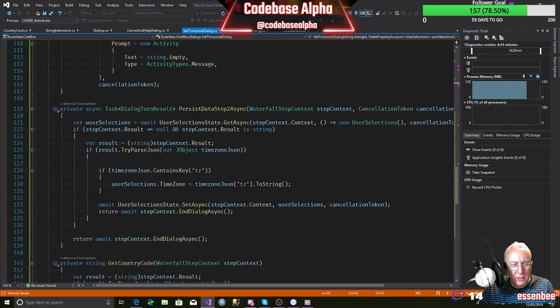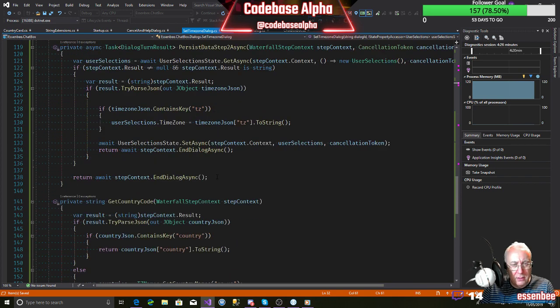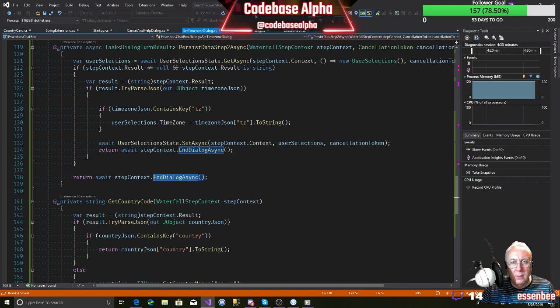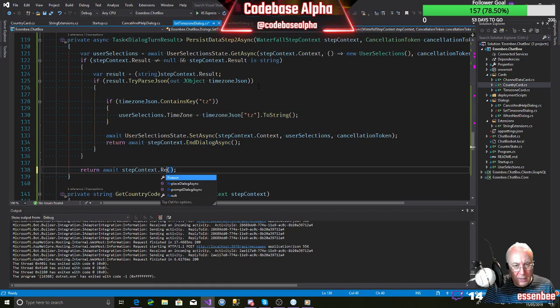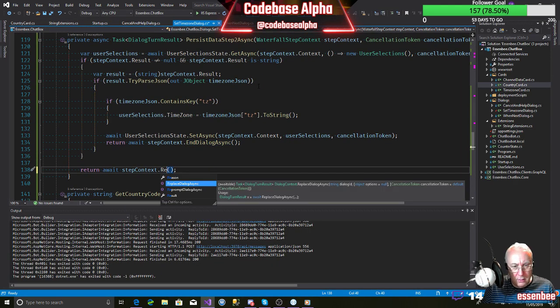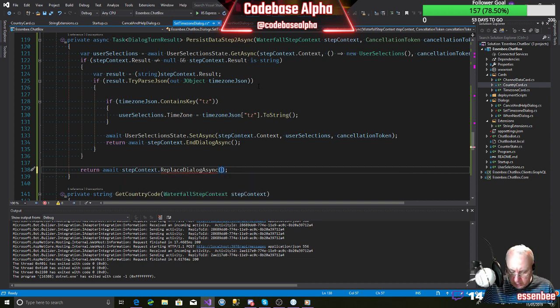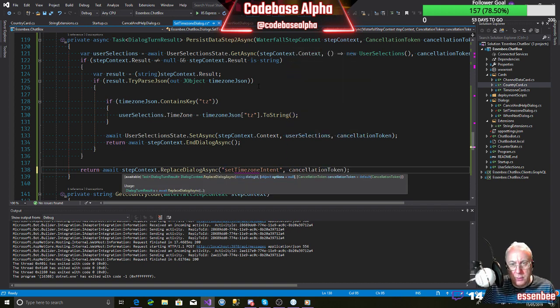Instead of doing end dialogue there, we'll do replace dialogue async, and we're going to replace it with the current dialogue. Otherwise we're going to start the dialogue all over again, and pass in a cancellation token as well.